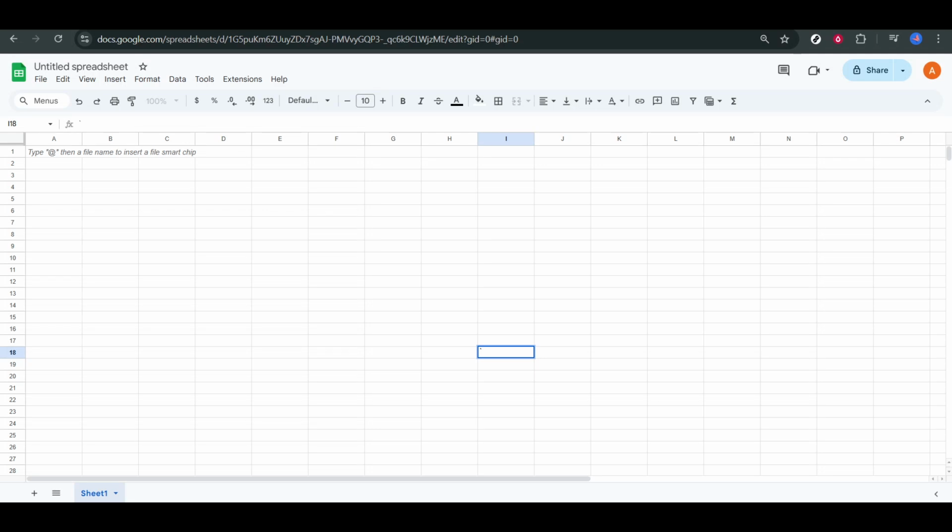In today's video, I'm going to teach you how to access Gemini AI in Google Sheets for free. This is perfect if you want AI-powered formulas, text generation, summaries, or light automation right inside your spreadsheets without paying